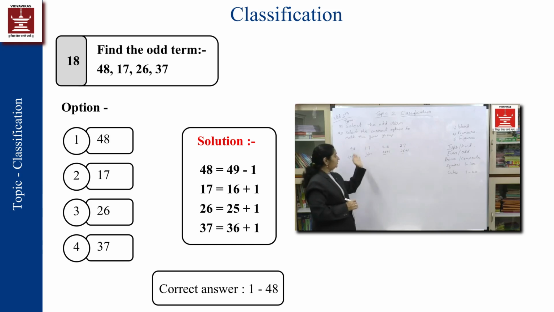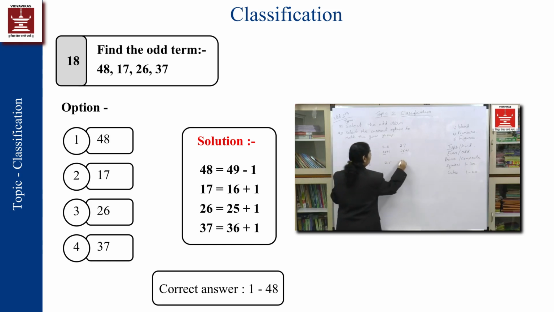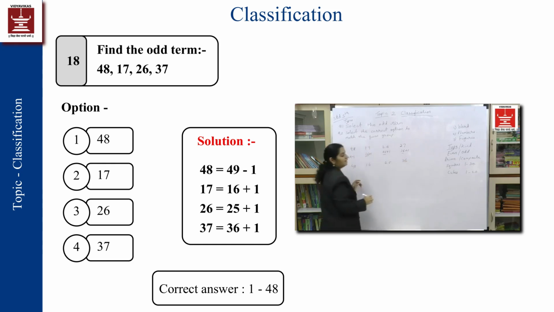Not necessarily will they give you squares directly. Had these been in this way, that this is 48, this is 16, 25 and 36, it would have been an easy category question. You don't need to think much on it, because 16, 25 and 36 are complete squares, and 48 is not a complete square. So this category is easy, but this one is one more step ahead.